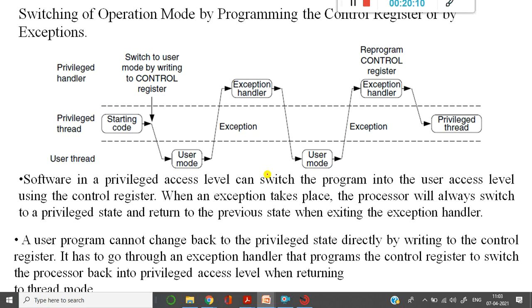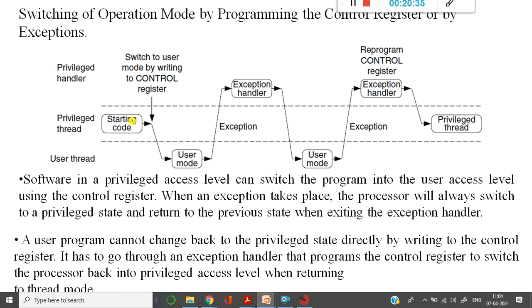this is a timing diagram which talks about the operation modes of your CM3 processor, when switching takes place from user level to privileged thread and privileged handler.